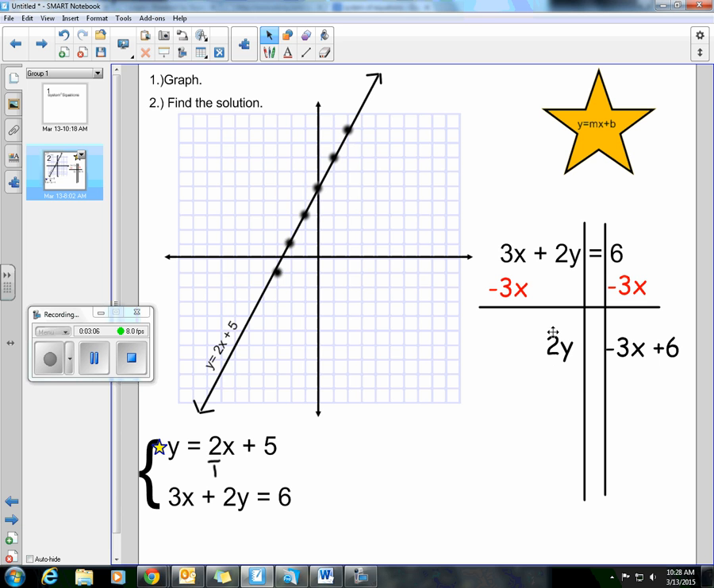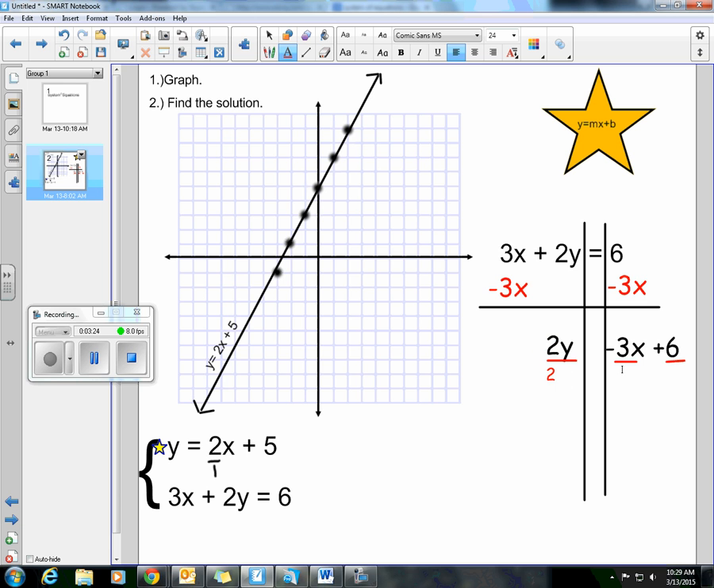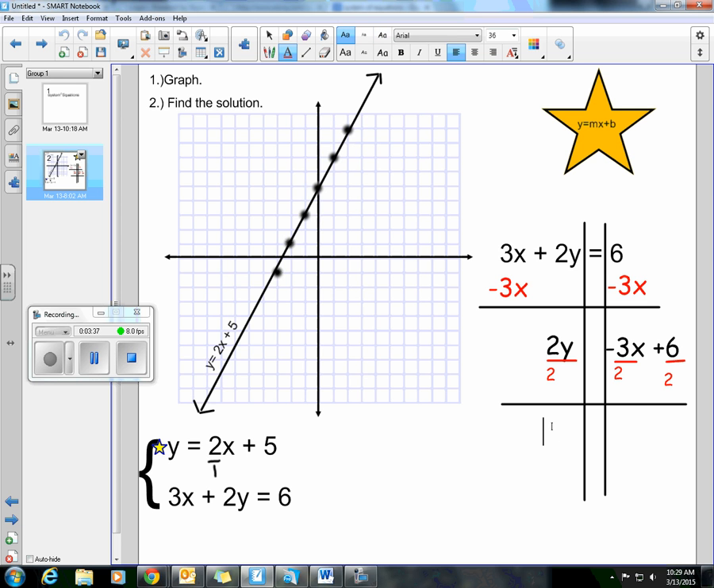So now I'm almost done, but there's a 2 outside of the y. That means I have to divide every term by 2. So this is going to be divided by 2, this is going to be divided by 2, and this is going to be divided by 2. And with that, now that we divided everything by 2, we can put y equals negative 3x,